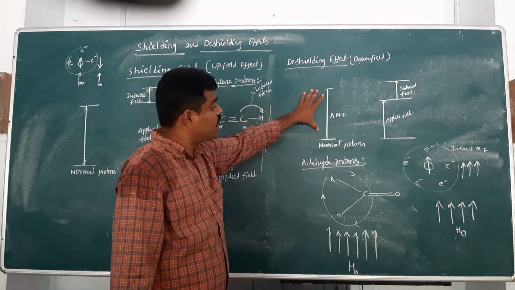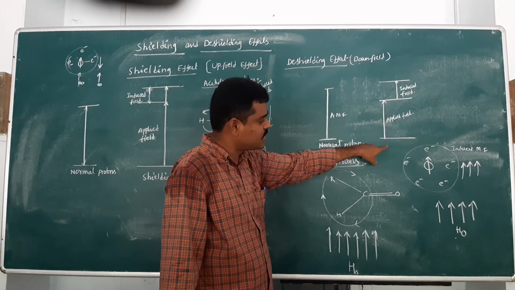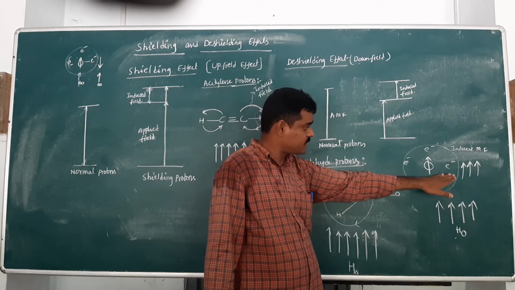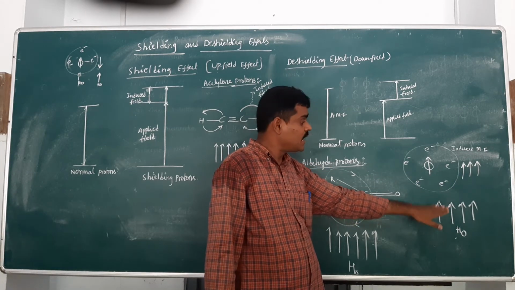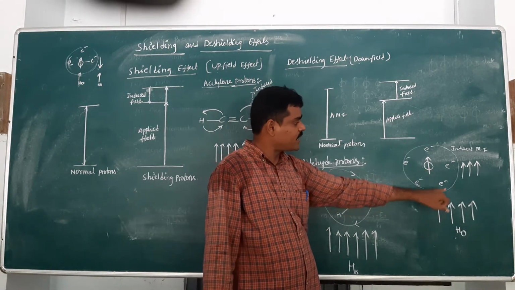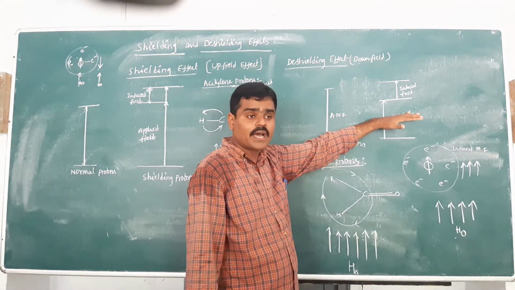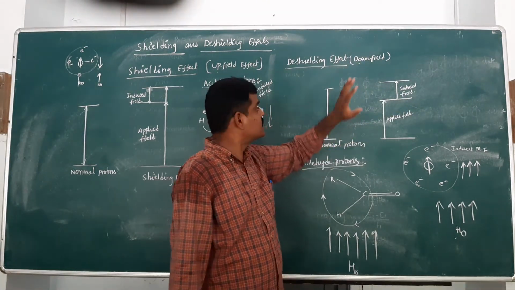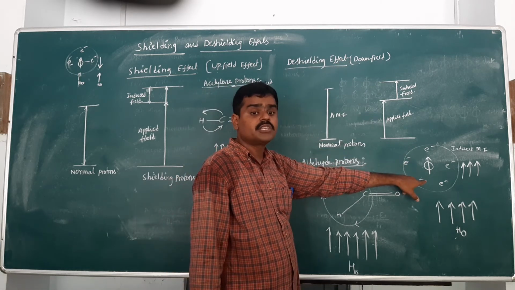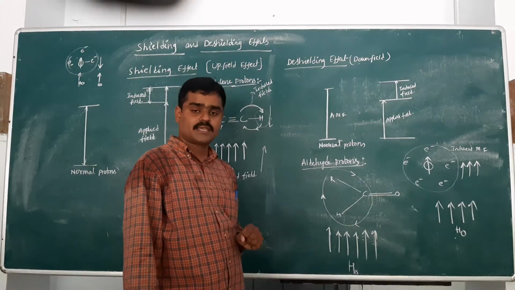While a proton that feels deshielding has an induced magnetic field parallel to the external magnetic field, the proton feels more field from both the external and the induced fields, so you can decrease, or move downfield, the external magnetic field. So it is called the deshielding effect, and this proton is called the deshielded proton. The best example is acetylene protons,